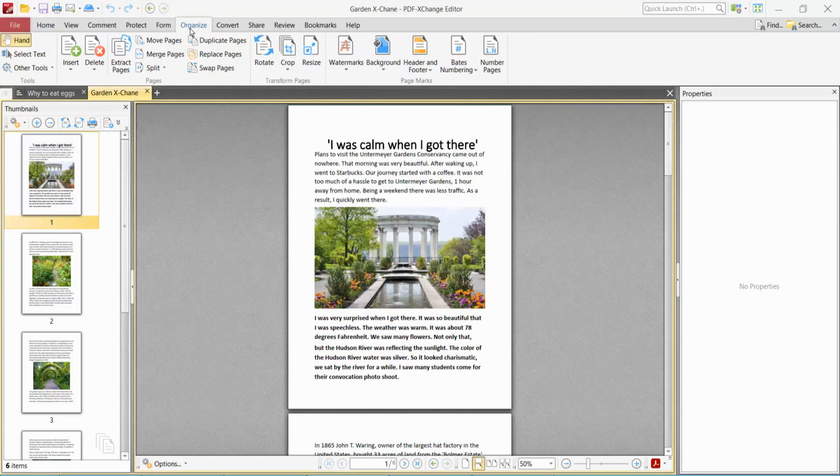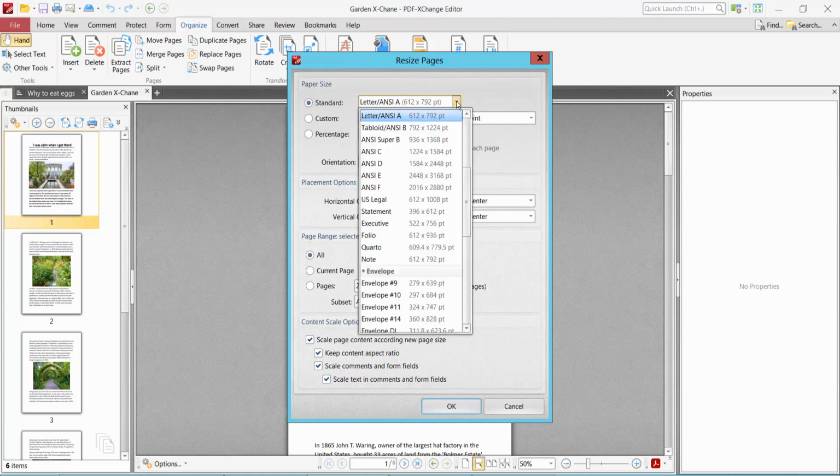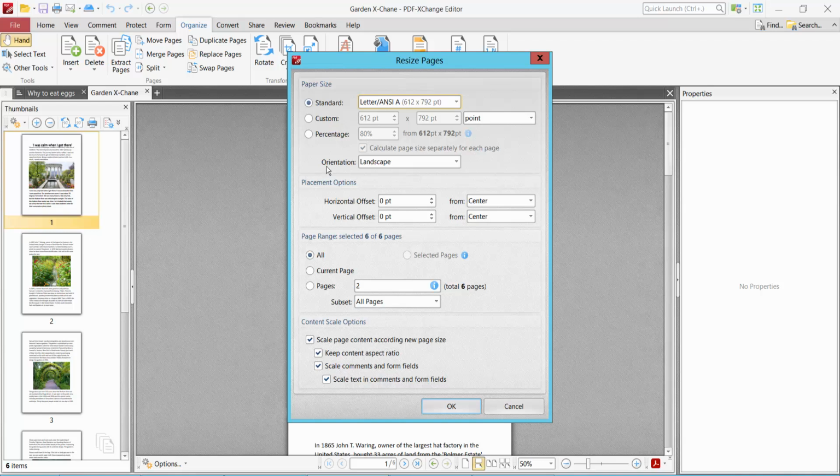Now select the Organize option and select the Resize option, and select a custom page size if you want. I'll make it ANSI letter size, and for the page orientation option I'll make it landscape, and I'll apply it to the first two pages, so we'll select OK,